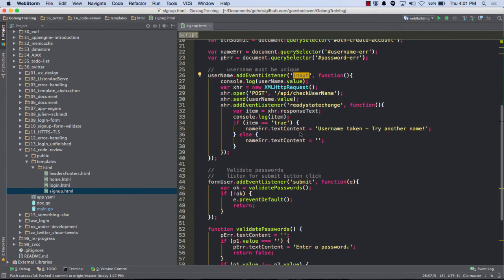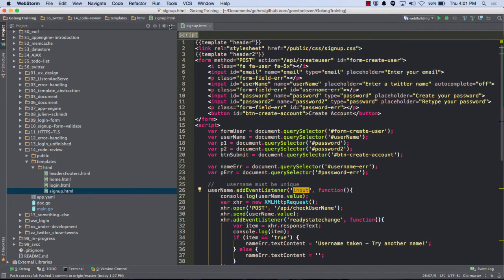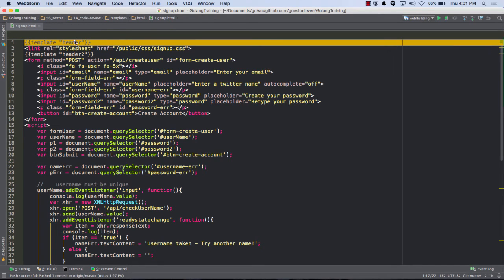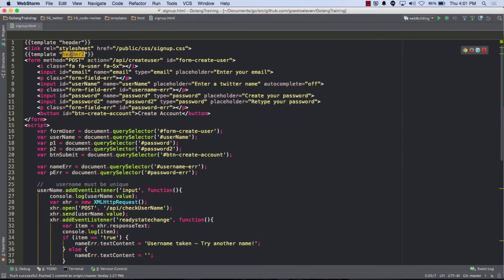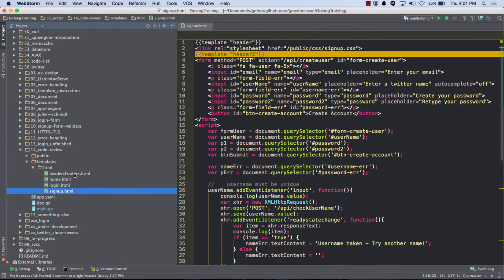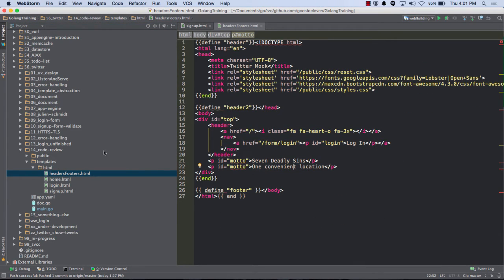Awesome. So the first thing we have here is a template header. Okay? And then we have template header 2. So I don't know about this design decision. I haven't seen somebody else do this, but I was kind of interested in not repeating code, obviously. So I have one file here for headers and footers where I define different templates. I define header right here, I define header 2 right there, and I define footer right there. So that's kind of like some chunks of the page.